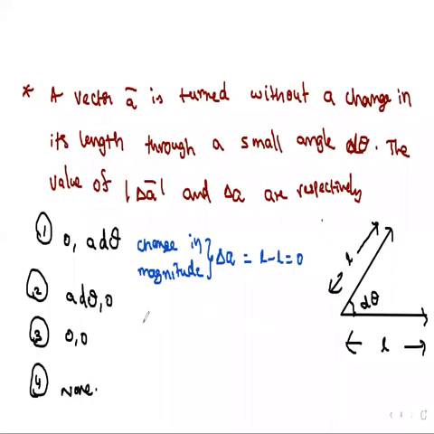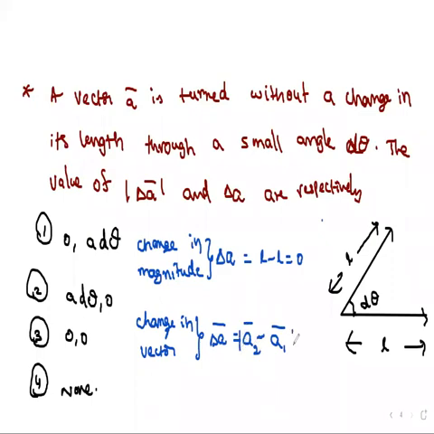But if you want to calculate the change in the whole vector, you have to write change in vector. We have to see both of them. First of all, let me consider this vector is A1 bar. The first one has magnitude L, direction like this. The second one has the same magnitude, but the direction is different, no? So you have to keep another symbol for A2 bar. But of course, both the magnitudes are the same. This value you have to find out.